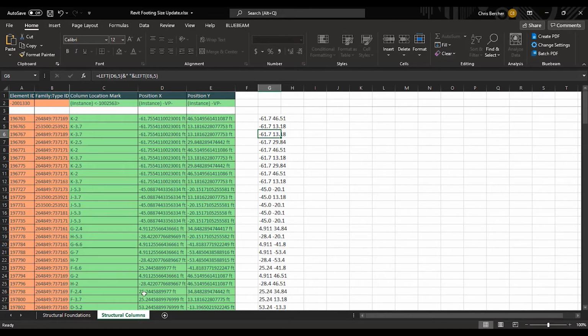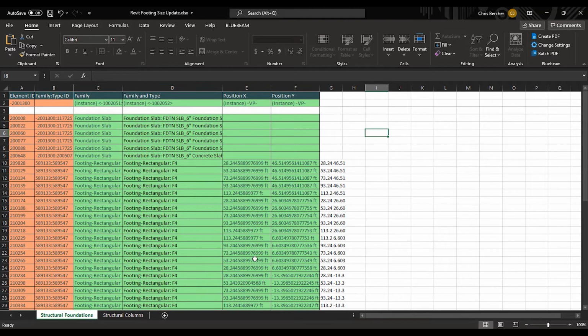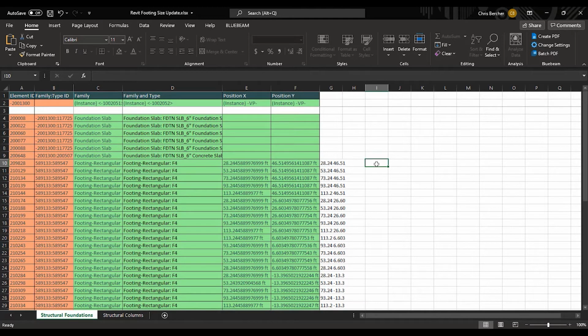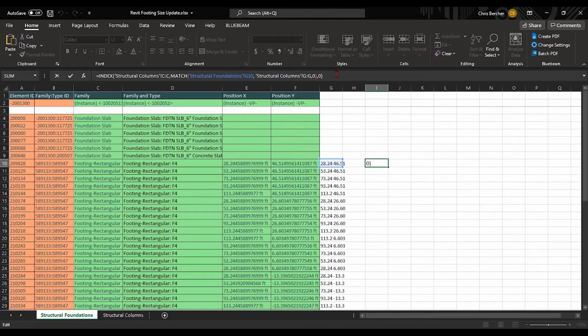That's not that bad of a workflow, or a formula, I should say, but it's a little bit longer and a little bit more in depth because now we're referencing data on different tabs, right? In this case, I'm using an index formula, so I'm saying index the structural columns tab, in column C. This means all of column C, match from structural foundations, in this case G10, with a number in the structural columns tab anywhere in column G, and find that and return it, right? So if I hit enter now,